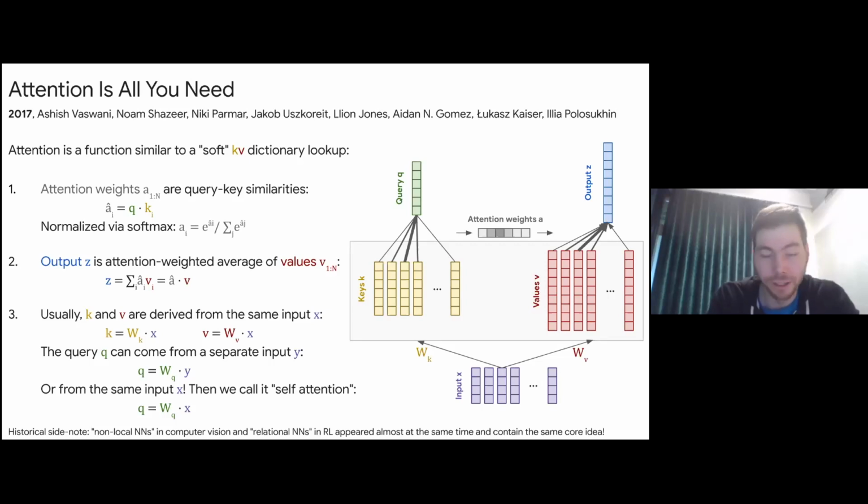Yeah, this will become very clear later when I show how it's used in the whole architecture, but as a sneak peek, you could think of the translation example that I showed before. The query would be the word that you want to translate in the next language, for example, and the keys and values are all the words in your source sentence. And then you want to generate as next, like this L apostrophe in French or le la, and then you look at the queries and keys, which are all your words in the English sentence, to try to understand what's going on. But this will become much more clear in a few slides.